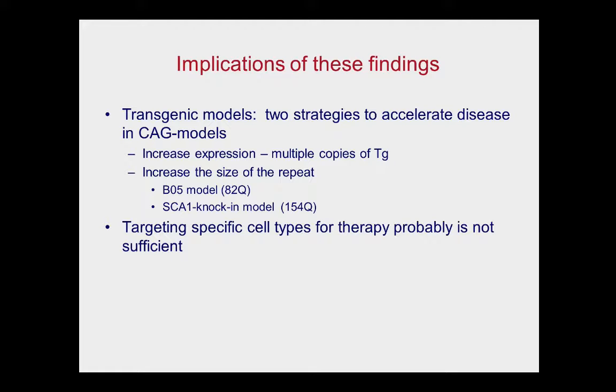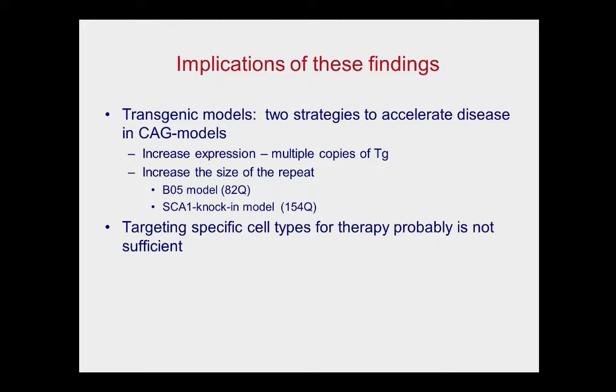So we used the highest number ever shown in a human patient as well as overexpressing it in Purkinje cells. Huda Zoghbi's lab has tried to make a more true-to-life model of the disease, again using a 78 repeat, and got an animal that had almost no phenotype throughout life. They really didn't look very sick. Of course, that's a single gene run by its own promoter, so it's not being driven by anything. So she tried to make it worse by expanding the repeat size, and with 154 repeats, she got animals